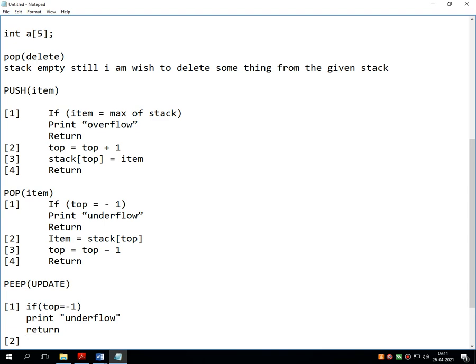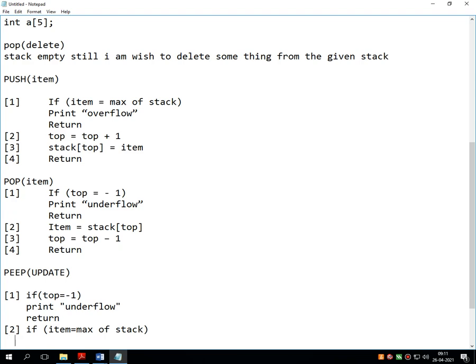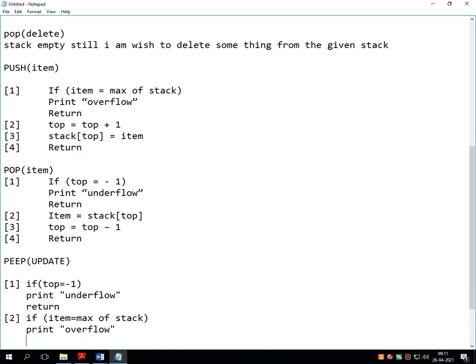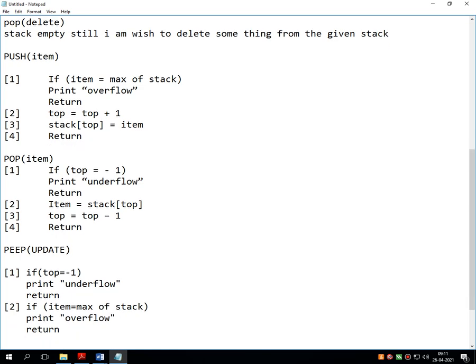Step number 2 is what? If item is equal to the maximum of stack, it prints overflow, and the program gets terminated. That means in the case of pip, there would be the chance of underflow as well as overflow. If nothing happens, it goes to step number 3, where